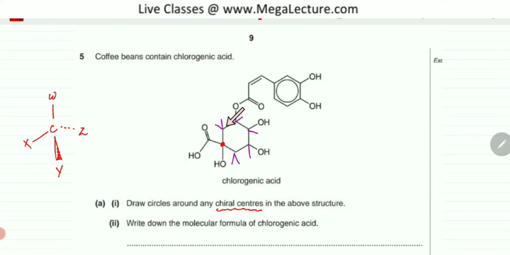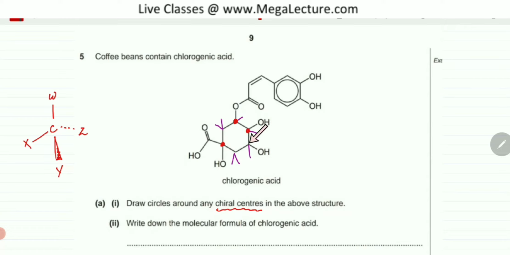This carbon atom over here is not chiral because it's bonded to two hydrogens. So that's excluded. This carbon atom appears to be chiral as well, and I'm going to mark this one. One group over here, this entire thing, the other is an H. This side is different. This chain is different. Then this one is also chiral.